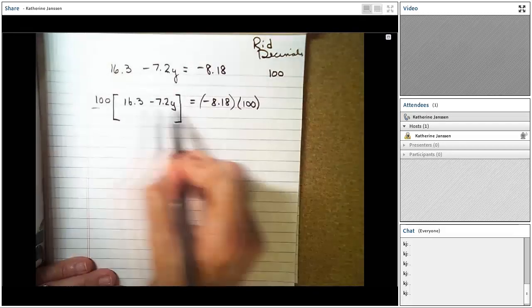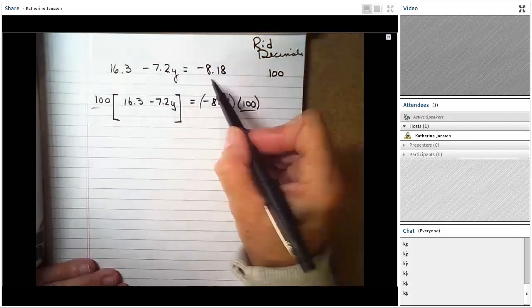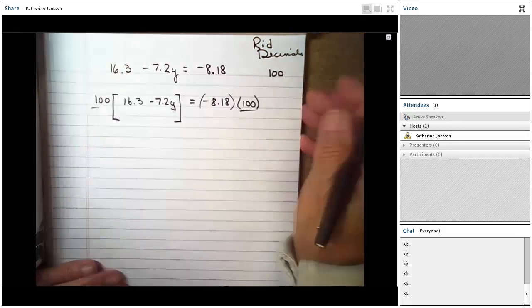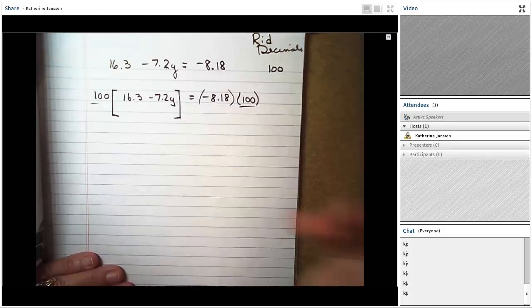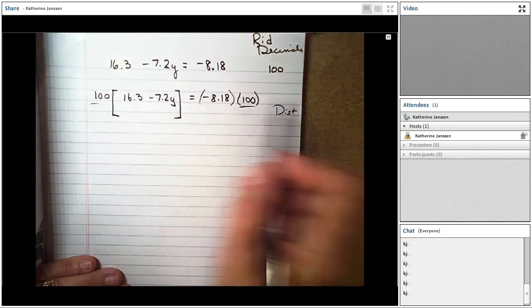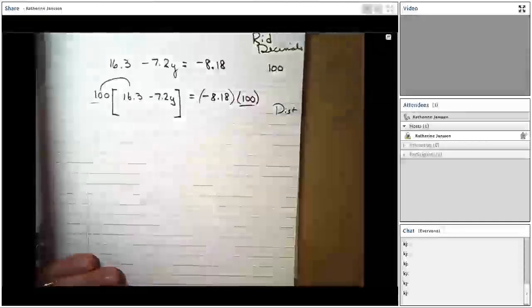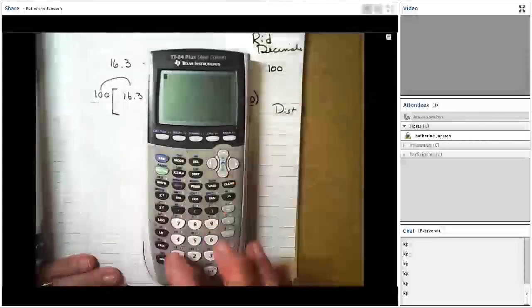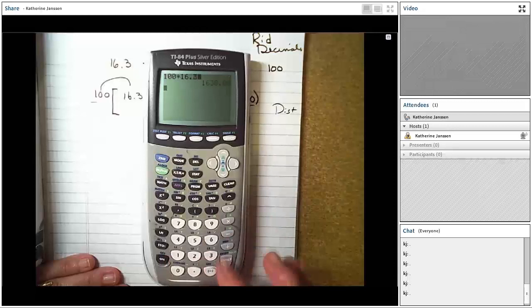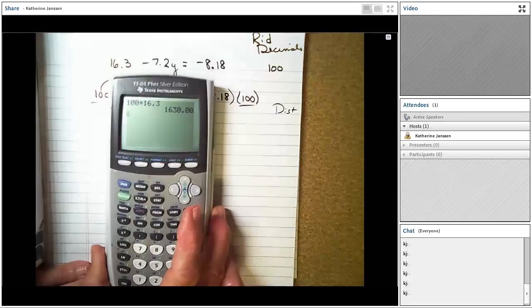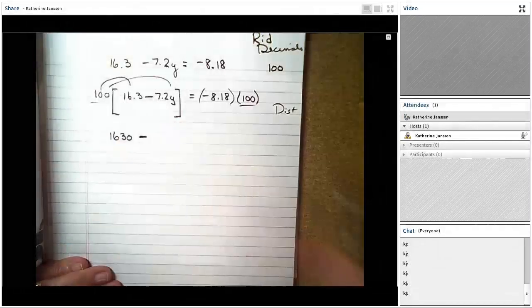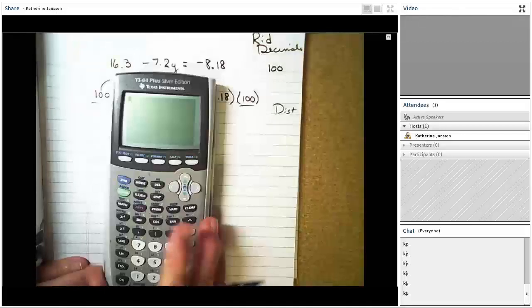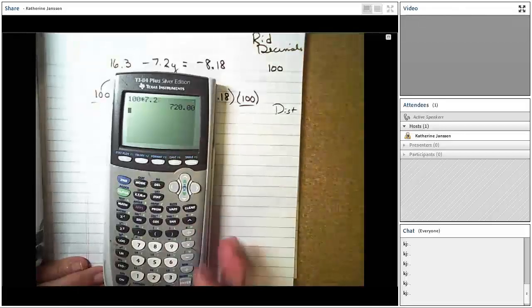So I've multiplied both sides by the greatest number of decimal places in any particular number in my equation. Now watch what happens. Using the distributive property, 100 times 16.3 is 1060. Pick up your sign and distribute 100 times 7.2 is 720